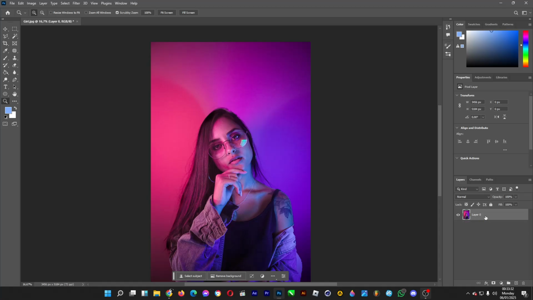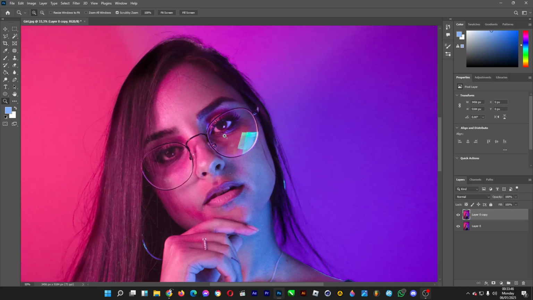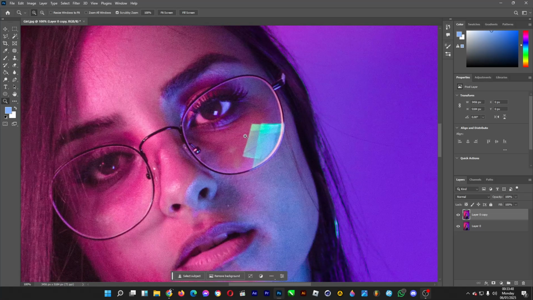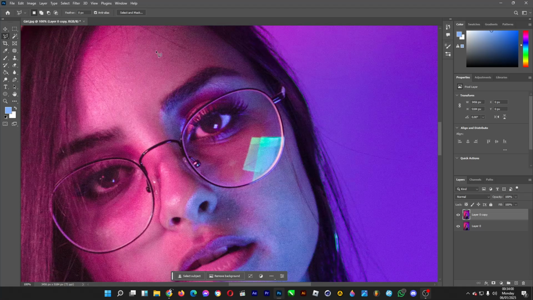So drag any picture with a subject that wears glasses with the glare or the light reflected by the glasses, and then hit Ctrl J to duplicate the image layer. And then as you can see, we need to close the area with the glare with an area with the same color as the surrounding, which is this one. So select this one, the area with the same color as the edge of the glare, and then you simply,